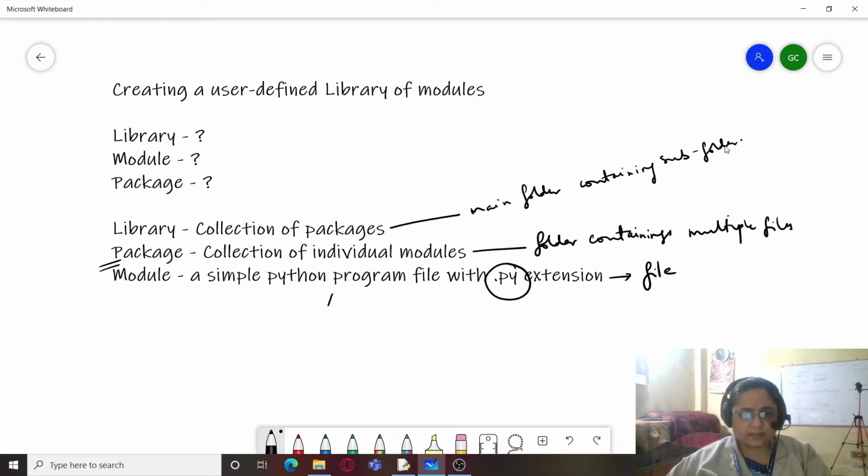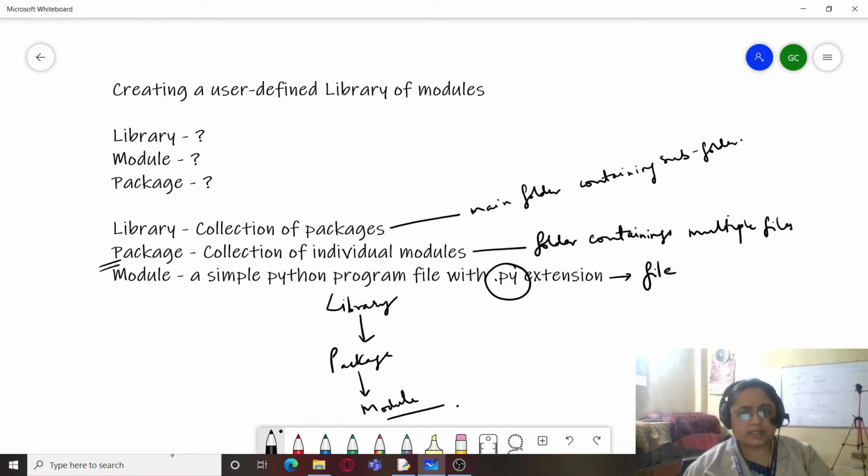So we have a library, package, and module. So this is how we understand the hierarchy of user-defined modules.